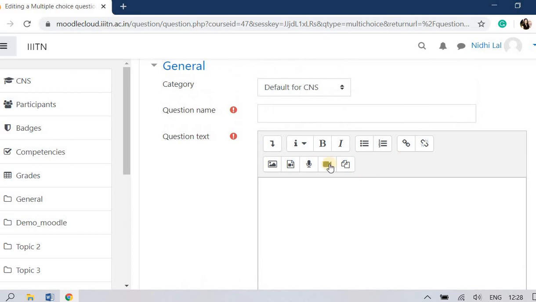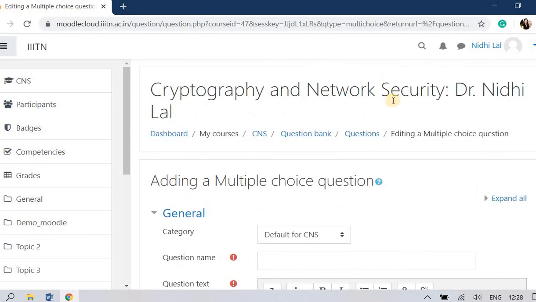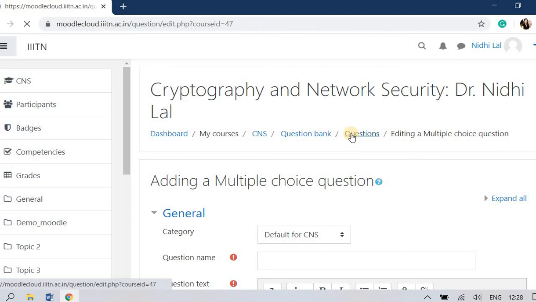Now there are certain facilitating things, like inserting an image, or certain types of equations you can paste in the form of an image here. So you can do it manually, but fetching directly from Word to Moodle is not something I have searched, and it is not suggested by me.